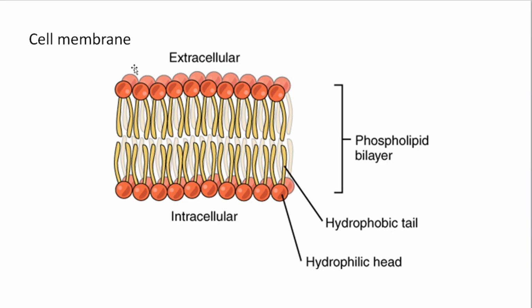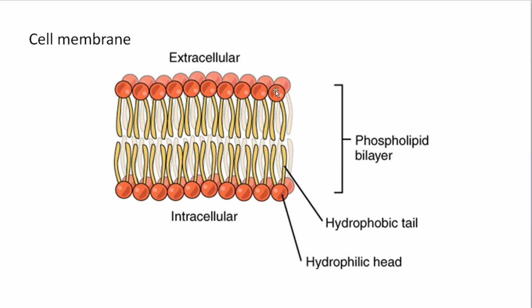So this one is the cell membrane, extracellular environment, intracellular environment. Look, this one is the intracellular environment, the environment that is found in the cytoplasm, or the environment that is found inside the cell membrane. Look, this one is the phospholipid bilayer. It has two layers. This one is one layer, this one is another layer. One of the layers is found in the outside of the cell membrane. Another layer of the phospholipid is found in the inner side of the plasma membrane.